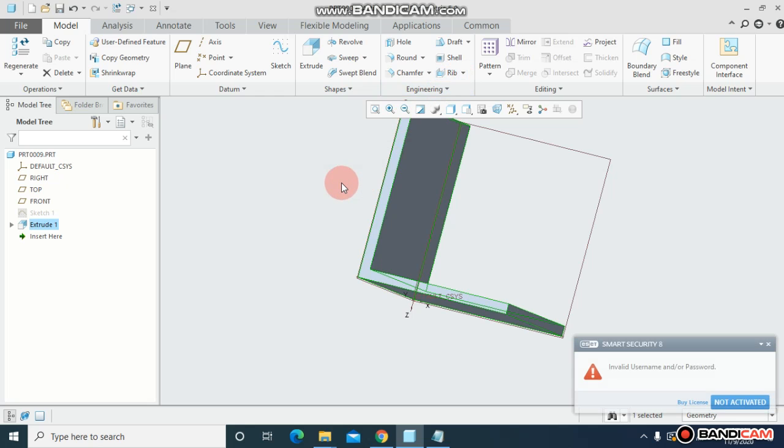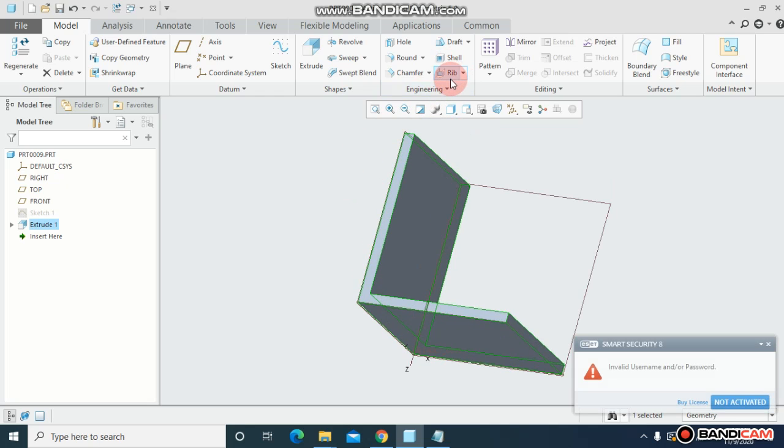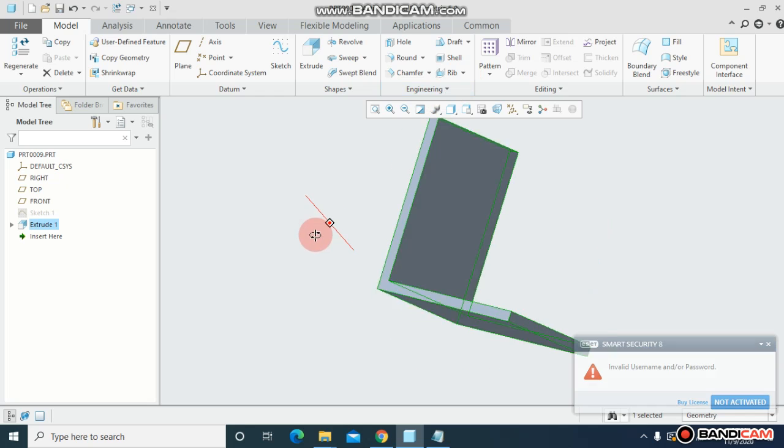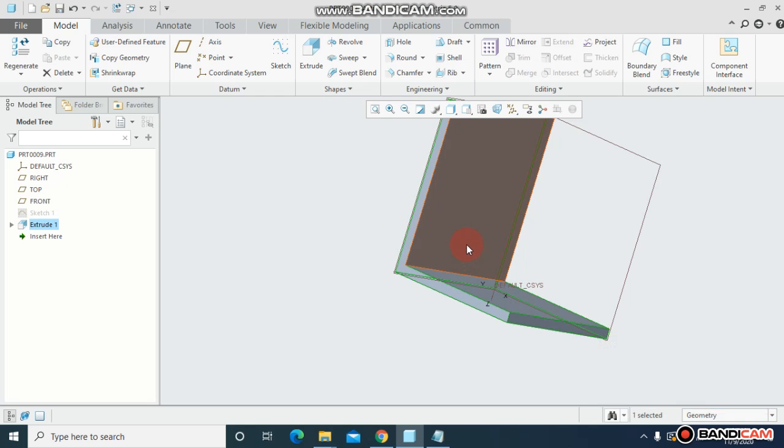Now once I have drawn this object, you can see rib is highlighted right now. So why are we using rib? In between two surfaces to make the two surfaces tightened with each other. Actually, we are creating a rib in between these two surfaces for making them tighten with each other. So for that,